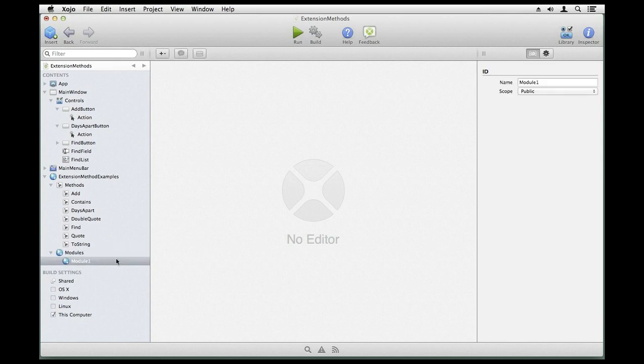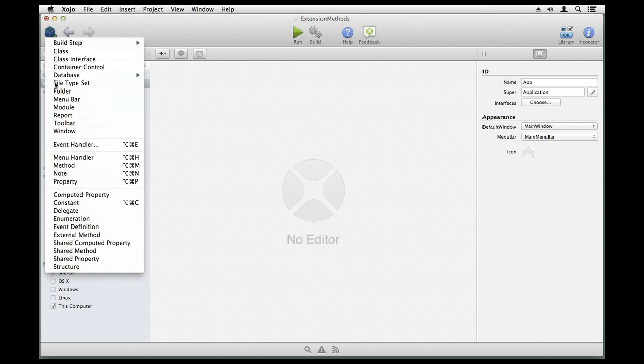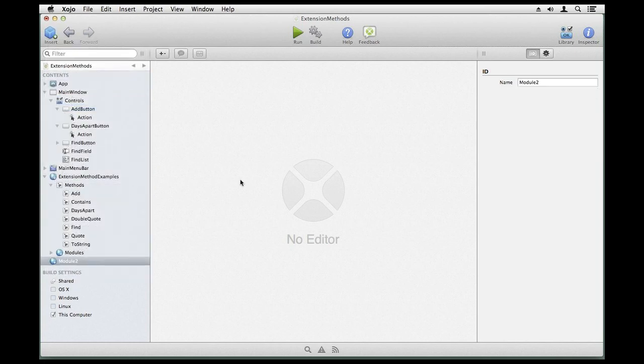and whoops, click on the right name. That doesn't look right at all. Did I add that to something? Oh, I added it to the extension method. I didn't want to add it there. I just wanted a global module. There we go. So I might